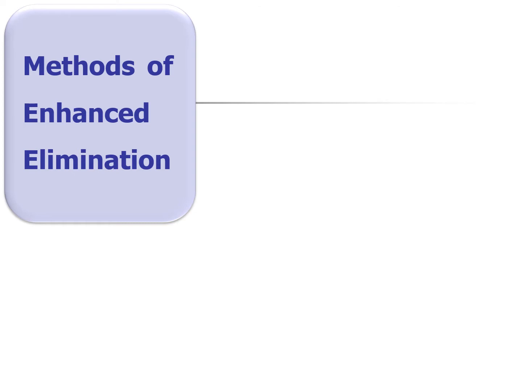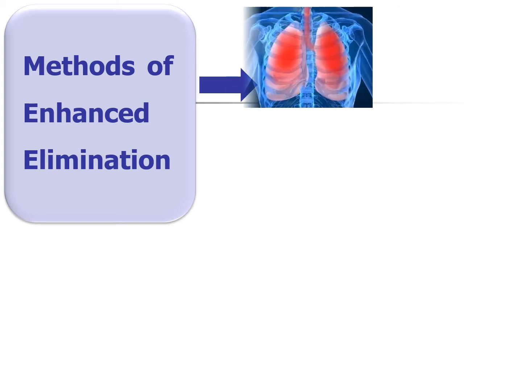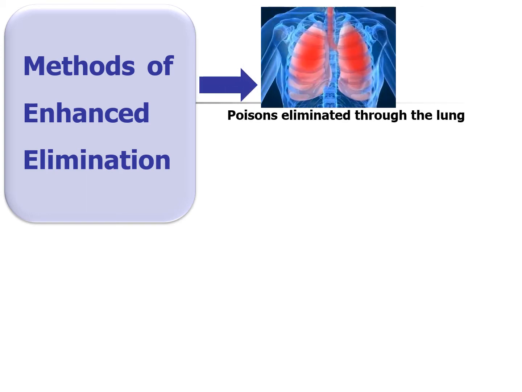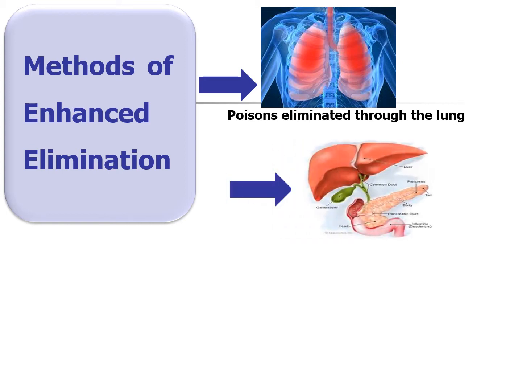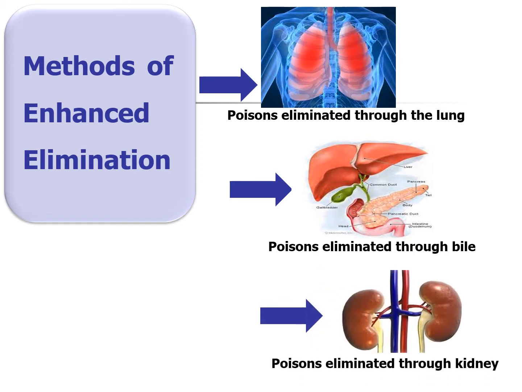Methods of enhanced elimination depend on the normal route of elimination of poisons. For example, I can enhance elimination of poisons normally eliminated through the lung by increasing the rate and depth of respiration. While for poisons normally eliminated through bile, I can use multiple doses of activated charcoal to enhance their elimination. Most of the poisons in our body are normally eliminated through the kidney. So,